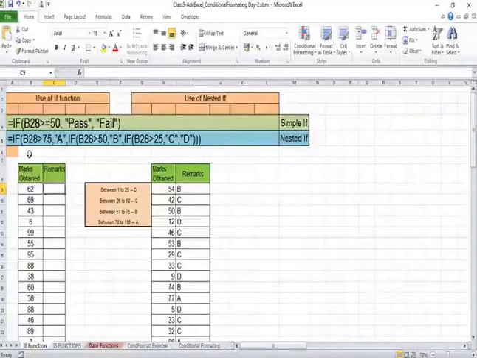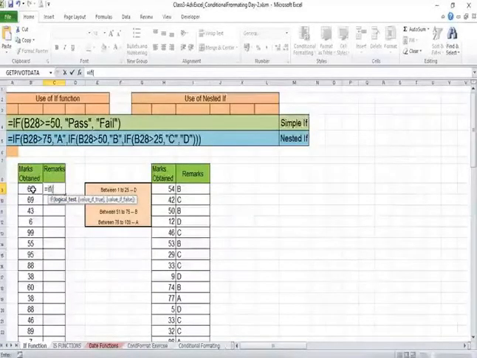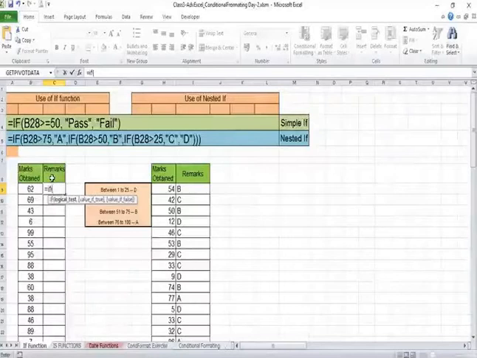So we will write if function in this manner, equal to if, we will open a bracket. Here it is saying logical test. So we have to decide if the marks obtained by the candidate is greater than or equal to 50, and if it is so, what we want to write, and if it is not so, what we want to write.